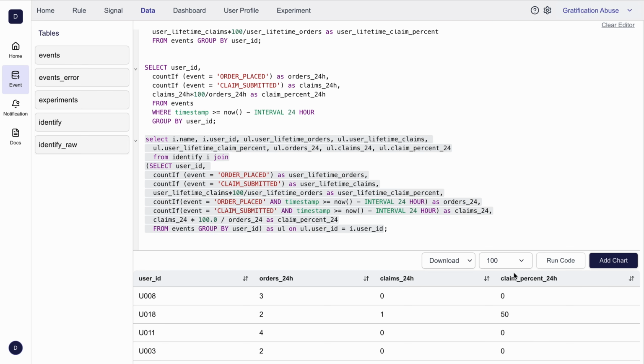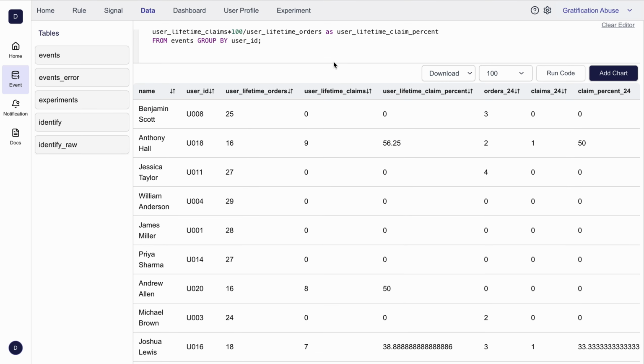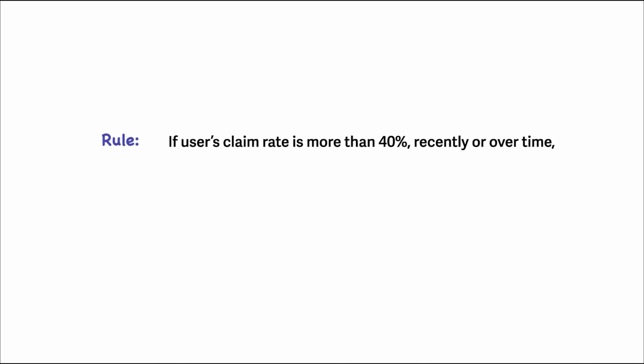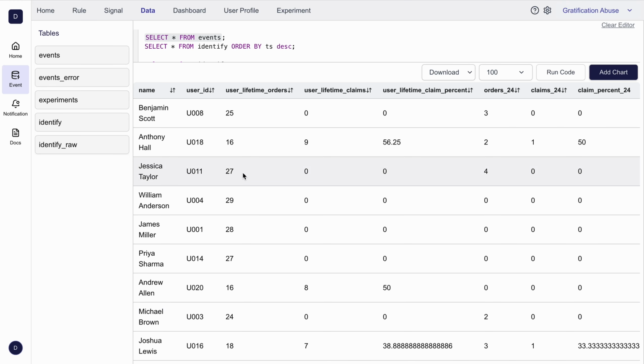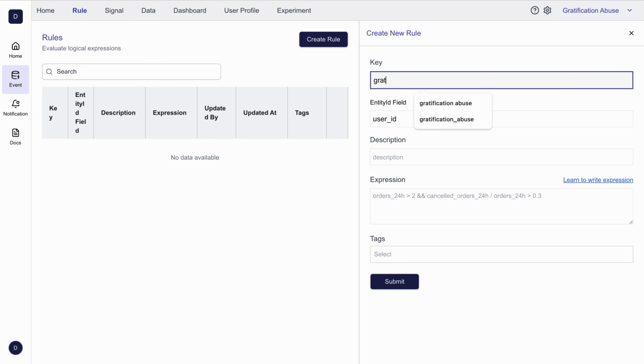Write a SQL query to combine the lifetime and last 24-hour orders, claims, and claim percentage of the user to get a holistic view of each user. Step 5. Instant data decision with rule. If a user's claim rate is more than 40% recently or over time, they will be flagged as an abusive user in real time. To identify abusive users in real time, create a rule with key gratification abuse and add